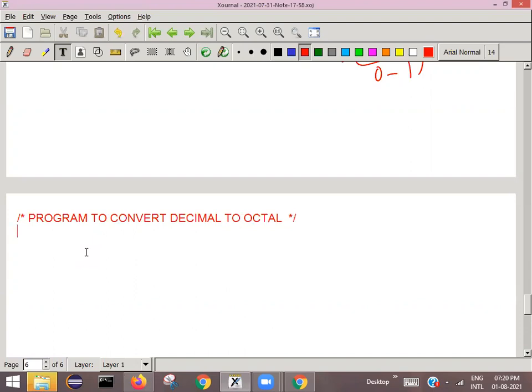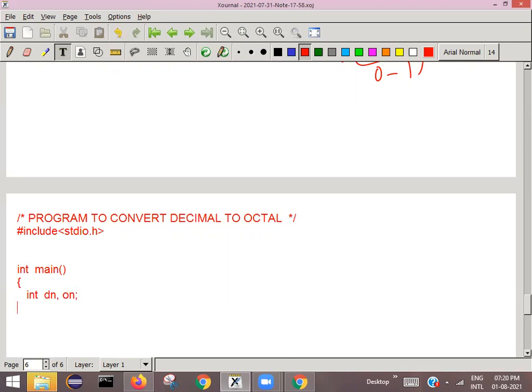Okay, so then what? Include the header file stdio.h. Okay, so then function will write afterwards. First better define the main function. You know main function already, I think it is on your fingertips. Okay, so what we require is a decimal number. Similarly, we require an octal number, ON you say.